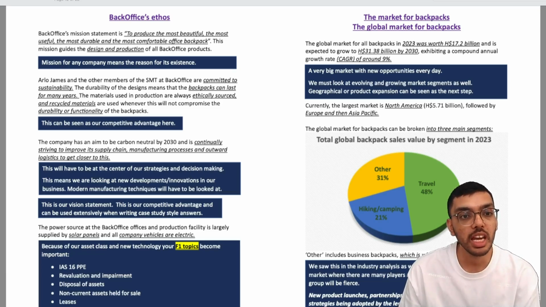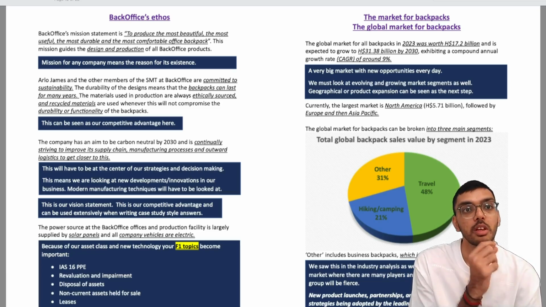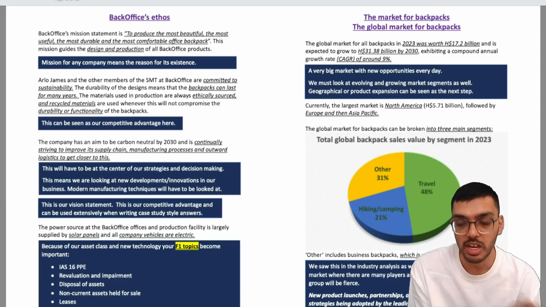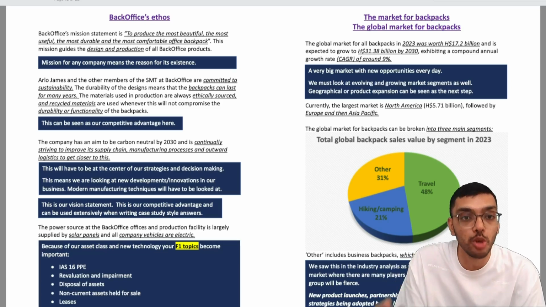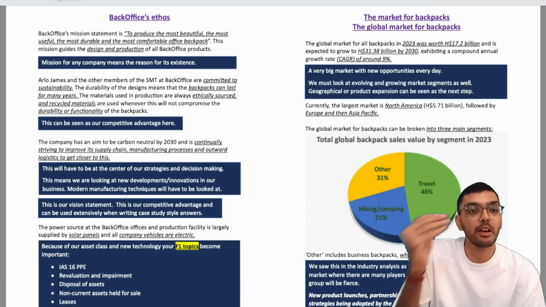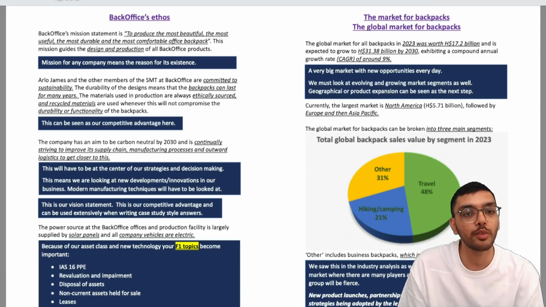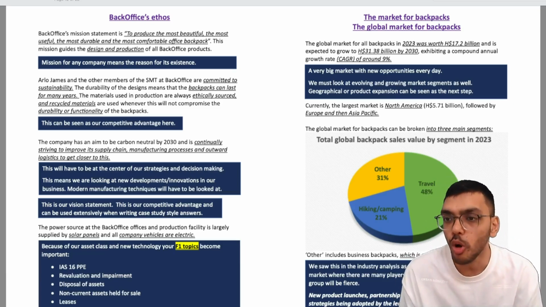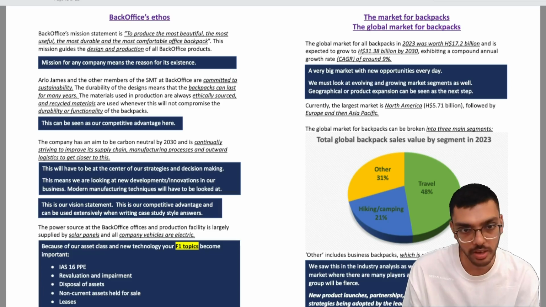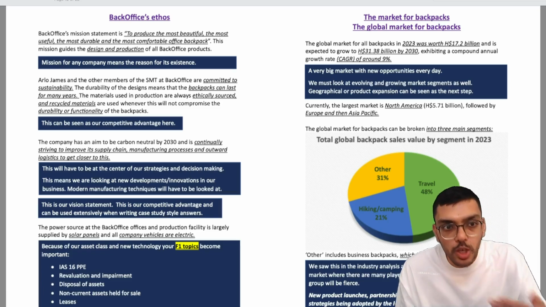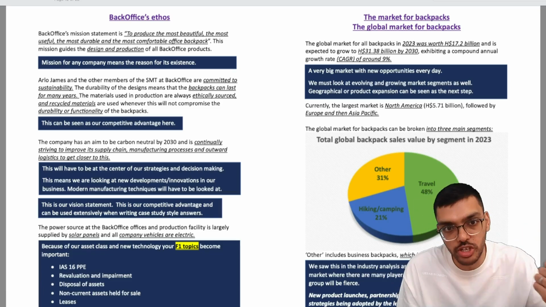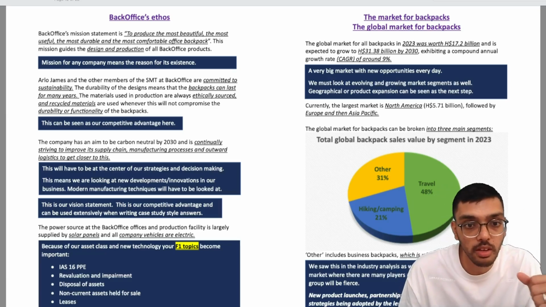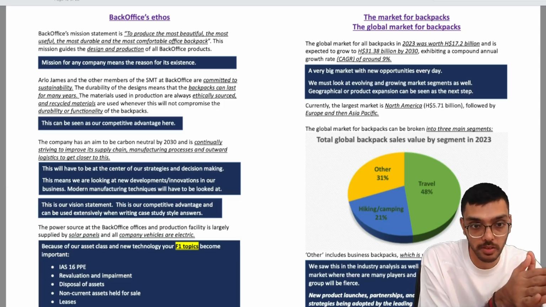So what are we learning in our ethos? First one, most durable, most comfortable and most useful. Second one, sustainability. Third, to become carbon neutral by 2030. And fourth, the power source at Back Office's offices is largely supplied by solar panels and all vehicles are electric. Now, because we are striving to improve supply chain and manufacturing processes, and electricity is supplied by solar panels,